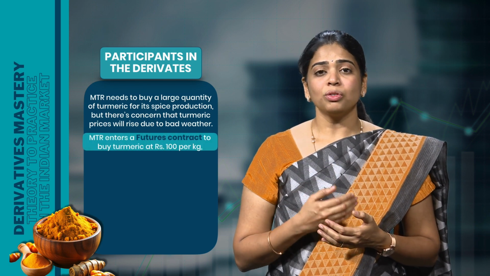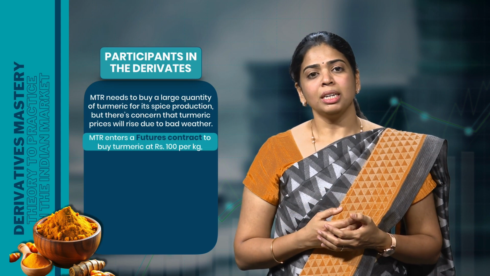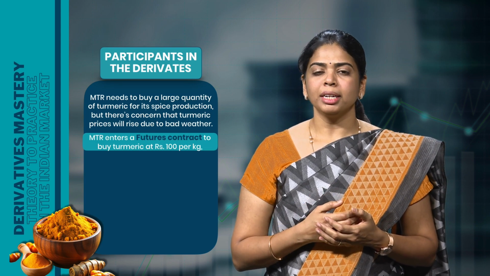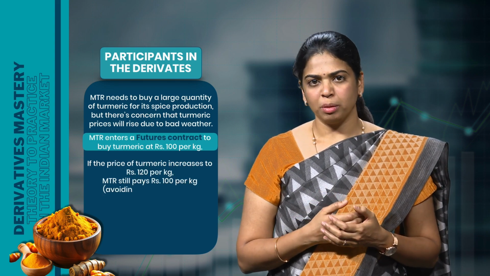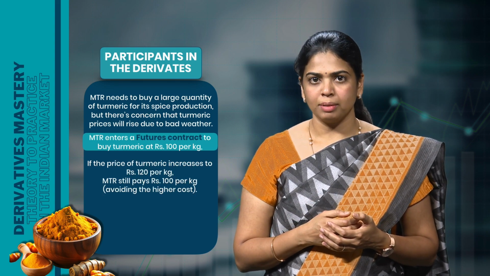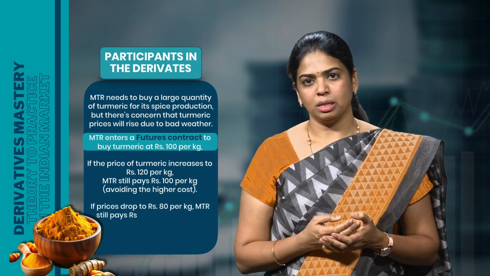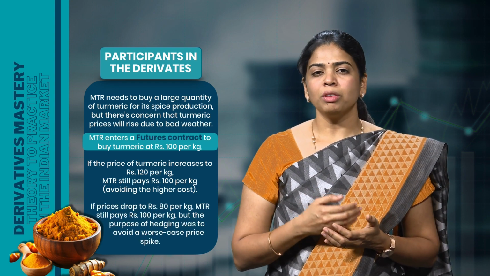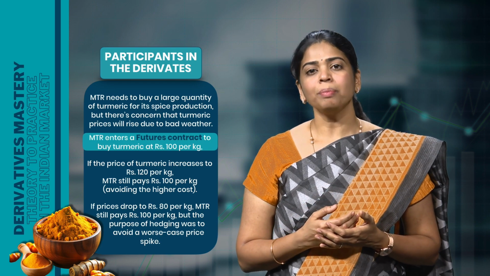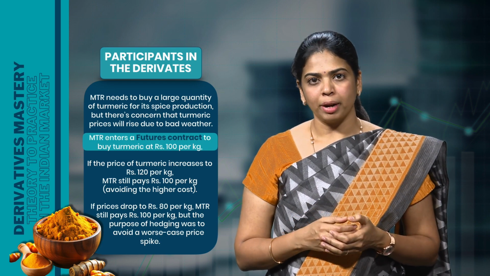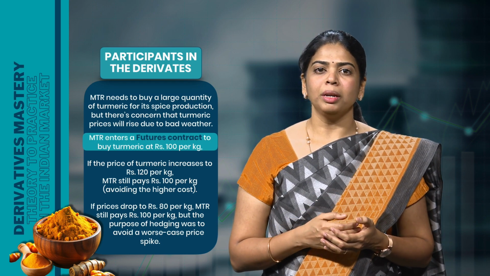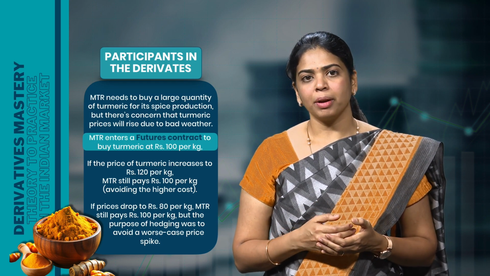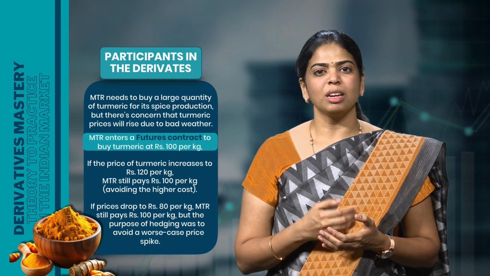So, to protect themselves from rising turmeric prices, MTR decides to hedge by entering into a futures contract. They agree to buy a large amount of turmeric from a trader at today's price, but for delivery after 6 months. This way, even if the price of turmeric shoots up in the future, MTR will still pay the lower price they locked in using the futures contract. By doing this, the company avoids the risk of paying higher prices for turmeric and ensures stable costs for their